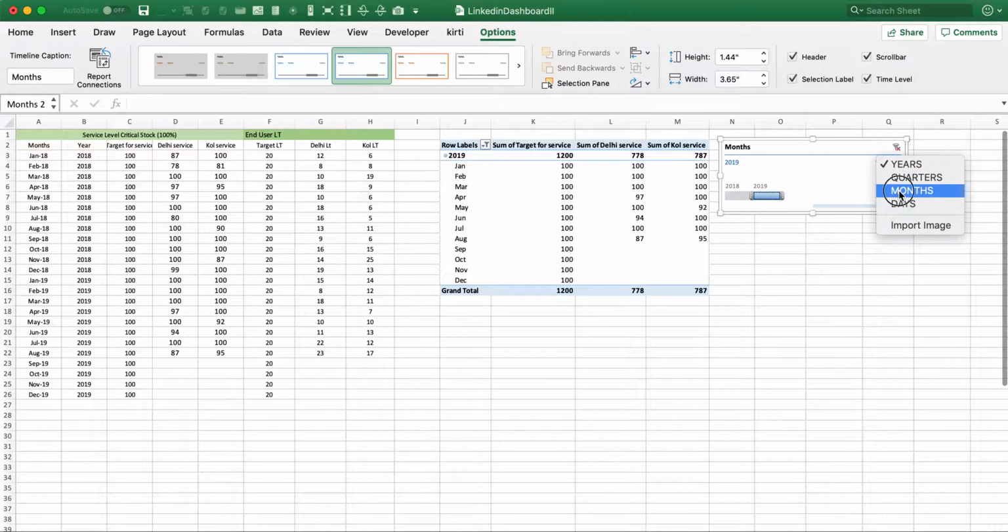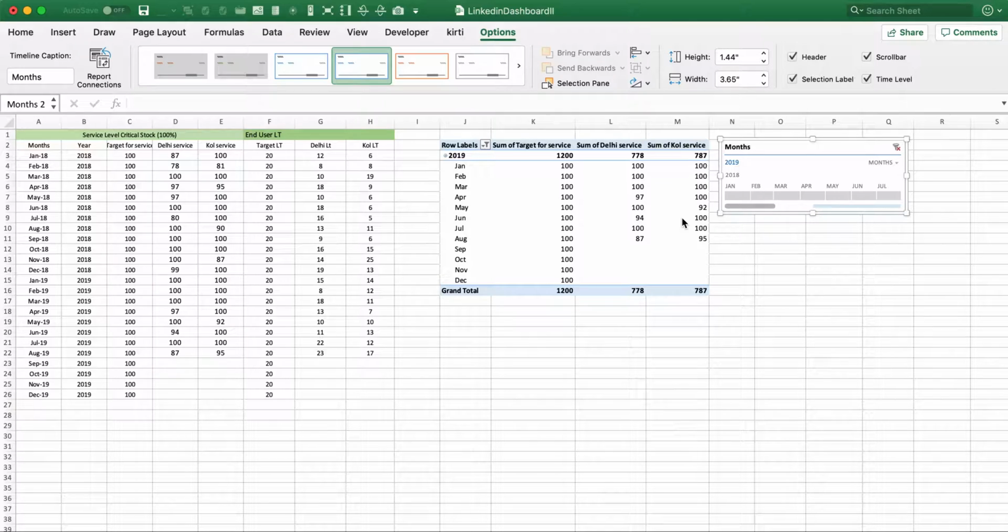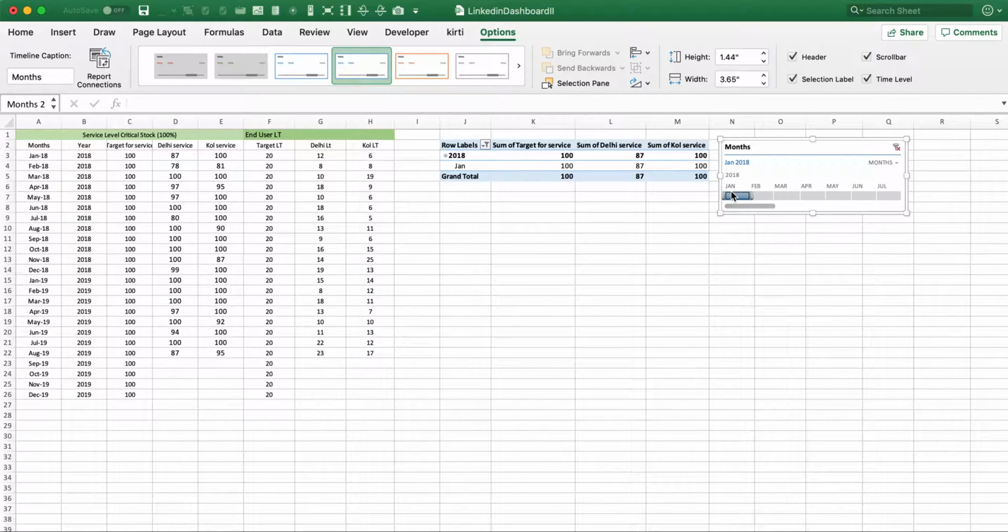Let's go to months again. Now I have data for all the months in 2018 and 2019. So when I click January, it shows me the data of January, Feb, March, and it also has the same settings just like Slicer. If you want to select more than 1 month, shift